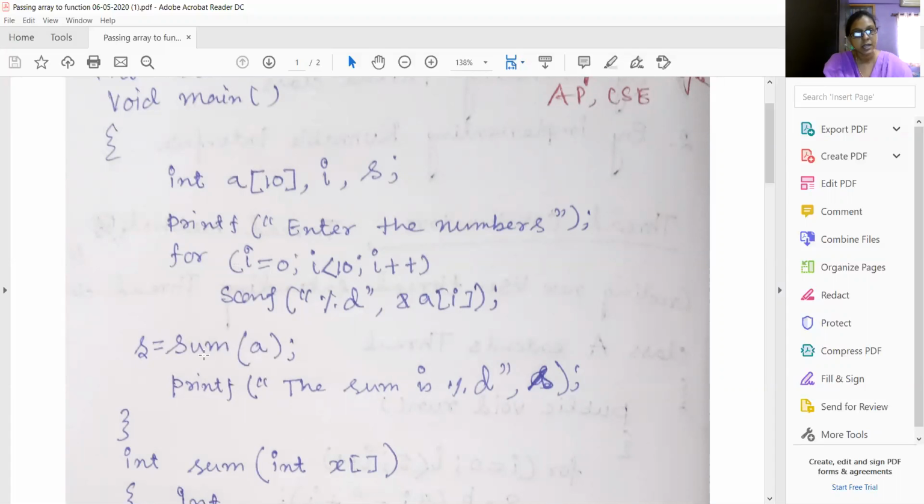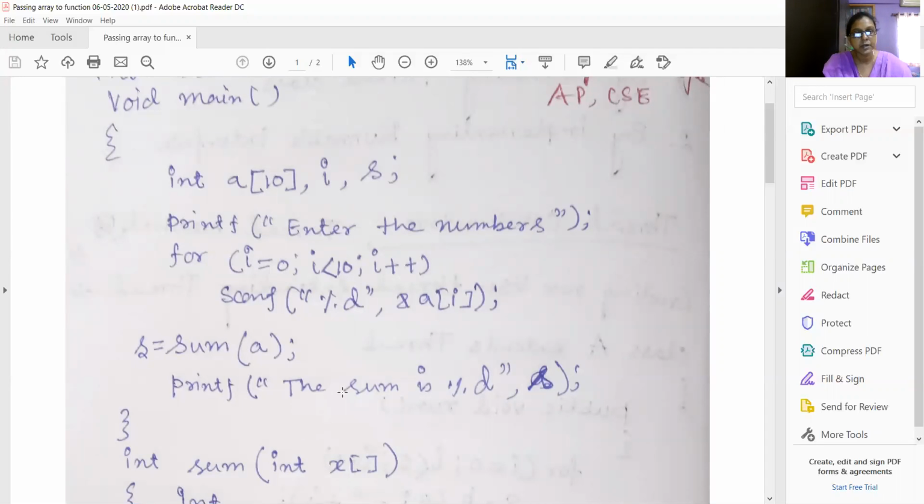Previously in strings we saw gets with only the string name. Similarly, we give the integer array name, only a. Then the address of the first pocket is given, and from it the elements from the 0th pocket to the 9th are fetched from successive locations. The base address has been taken. This syntax is clear to you. Now this function has return type int, as I have written in the prototype. The return value will be stored in s.